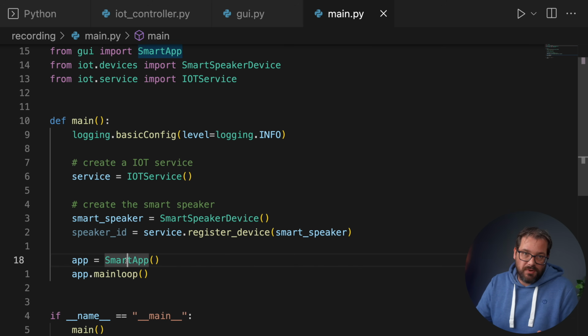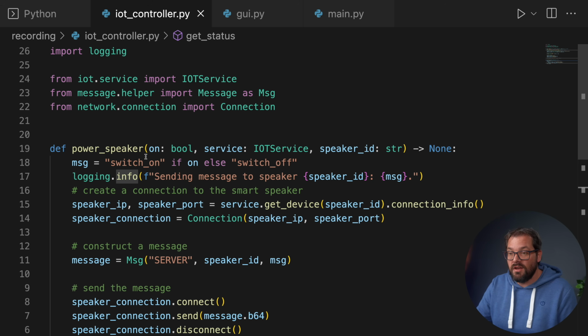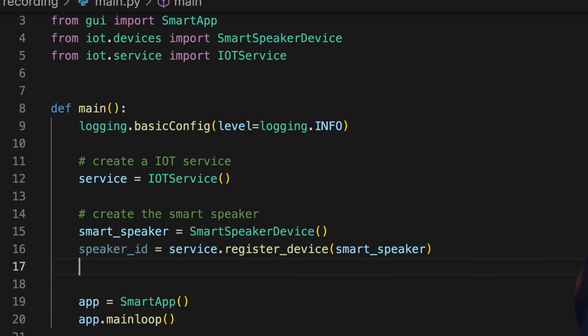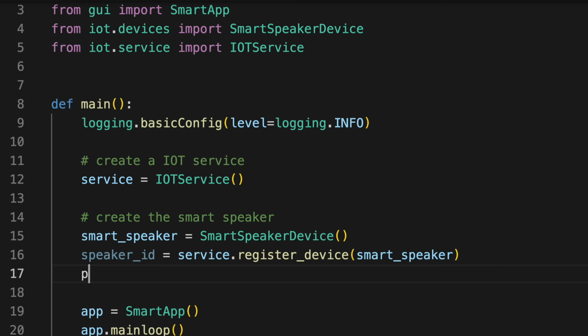So Smart App is going to expect 2 functions from us, but the controller functions are not exactly what we want them to be, because they expect the service and the speaker ID, and the GUI can't deal with that because it doesn't know about those things. A nice thing that we can do is use partial function applications to create functions that match what the GUI expects. For example, the power speaker function,